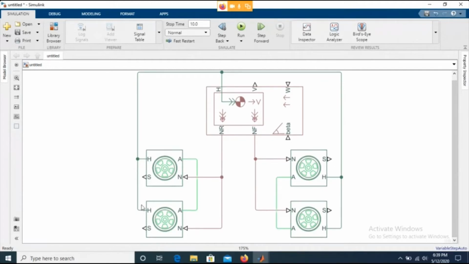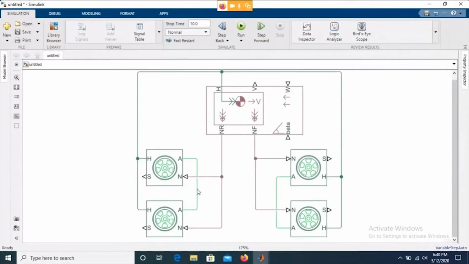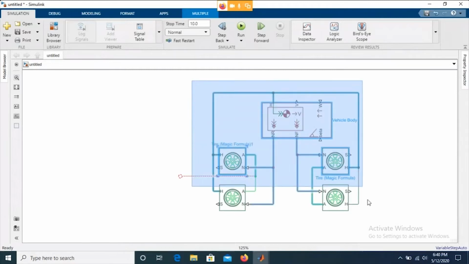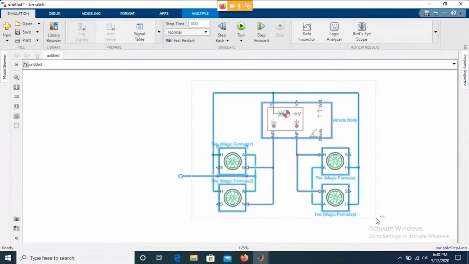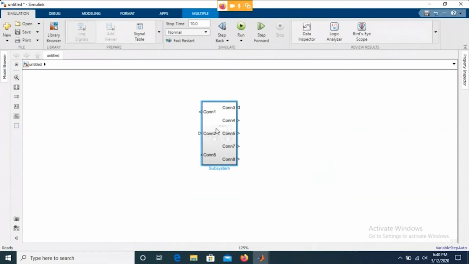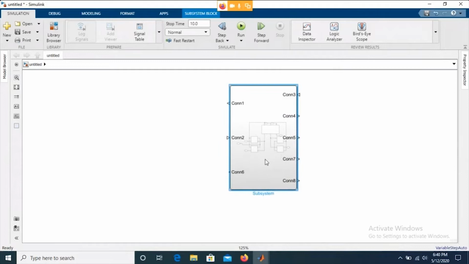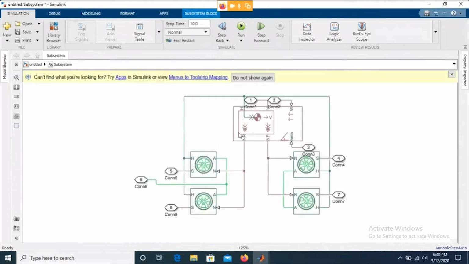Now what I need to get is how to provide the speed and torque to the axle on the rear wheel. So let's consider our electric vehicle model is rear wheel drive, and I'm going to have one output connection like this, and let me create a subsystem of this. So let me consider all this block as a vehicle body block, and we are going to create a subsystem. So all those components are now part of this subsystem. If I double click on this, I'm going to go back to whatever is available over here.